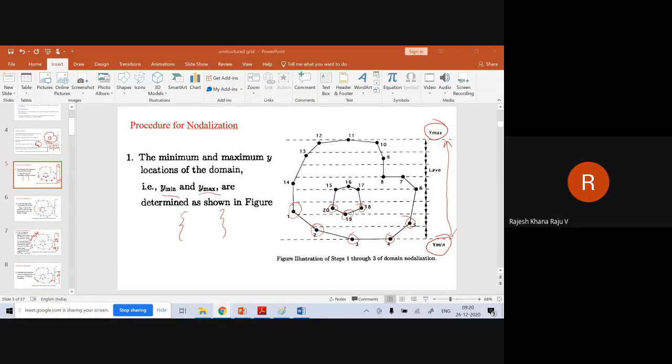Now, coming to the topic with respect to unstructured grid, we said that there are two ways to create the triangles in case of an unstructured grid. One is creating the nodes within the domain, that is what we call nodalization. Then using those nodes, we have to create the triangles. That is what we call triangulation. There is no single method for both of them. Depending upon the problem requirement, people have created different algorithms for creating the nodes as well as creating the triangles out of the nodes.